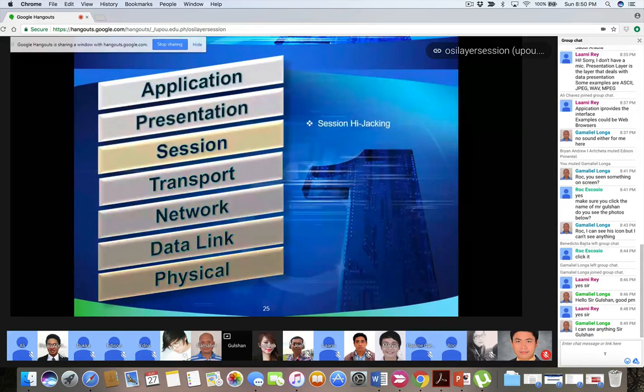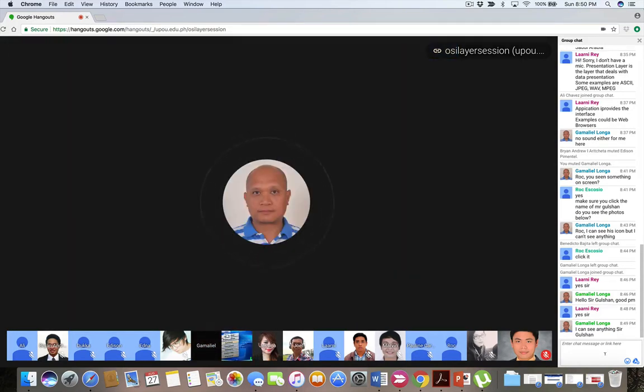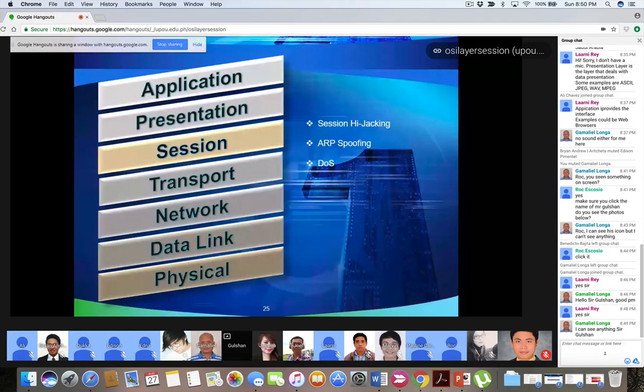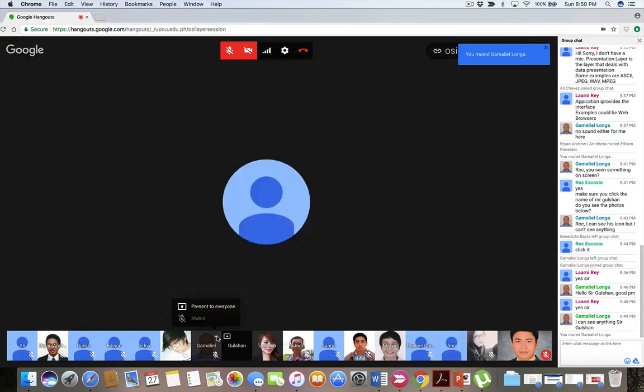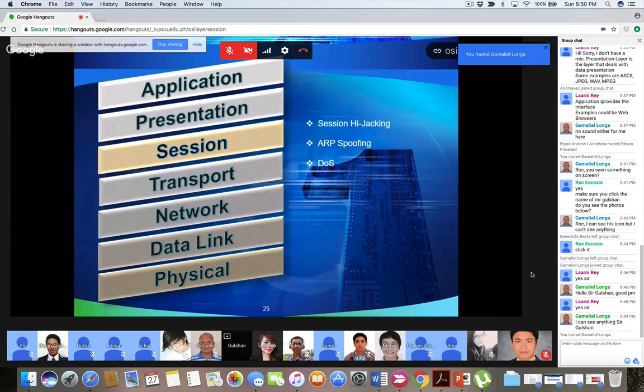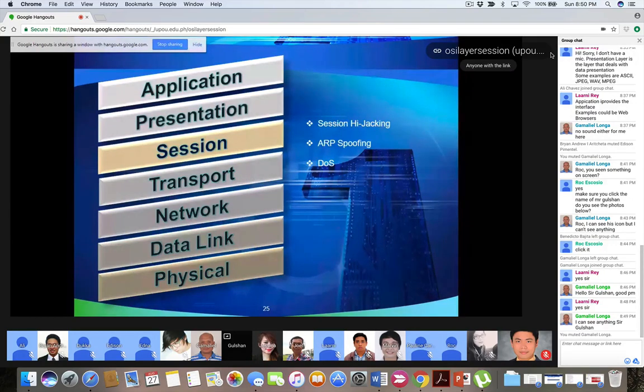We go to session. In the session layer, we were talking about, let's say you type a username and you type a password. What happens? Now you have a session. If someone is able to sniff that session, then they don't need user ID and password to make a request to a server to do something. You got it?